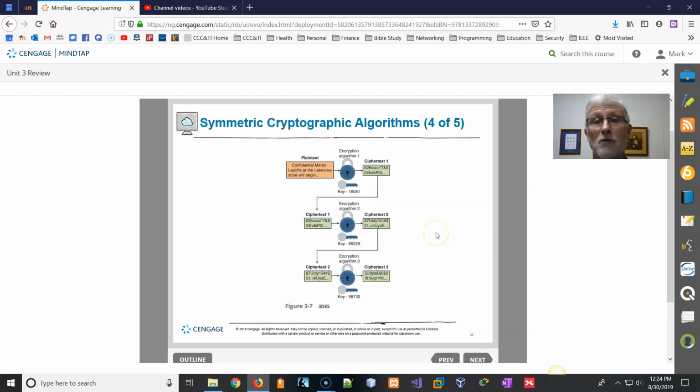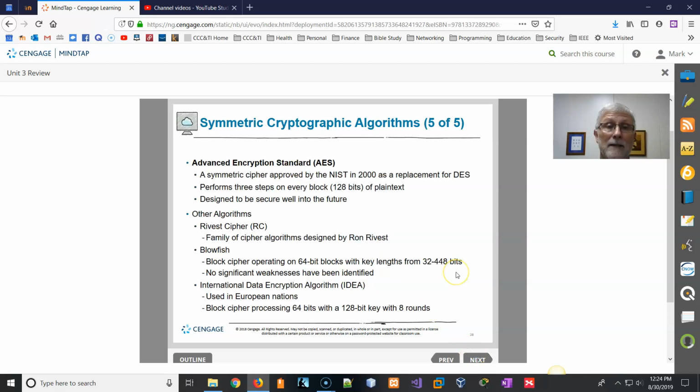Makes it difficult. Here's just a graphic of plain text, 3 different keys, 3 different rounds, giving it the different message. Now,